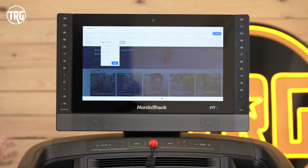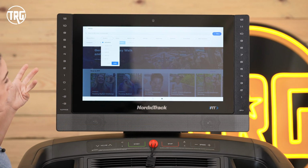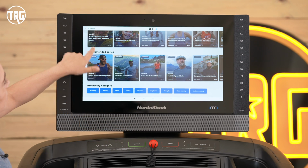So sometimes the library can feel a little bit harder. You can sometimes have to scroll through to find a specific workout, but having the filters and the search bar really helps to be able to navigate iFIT and find workouts that you want to take fairly quickly. So I'm going to go back to the home page and pull up